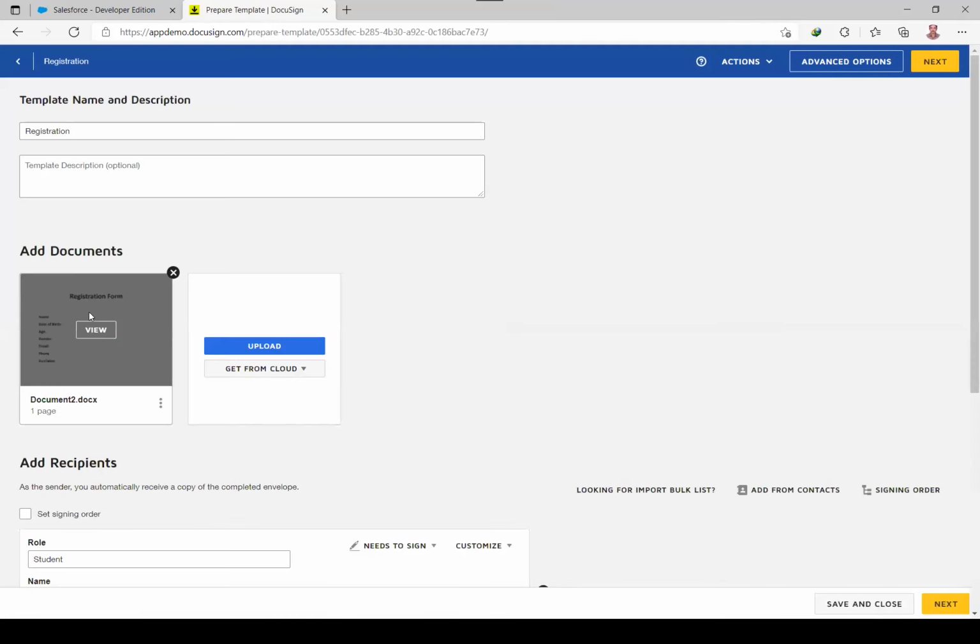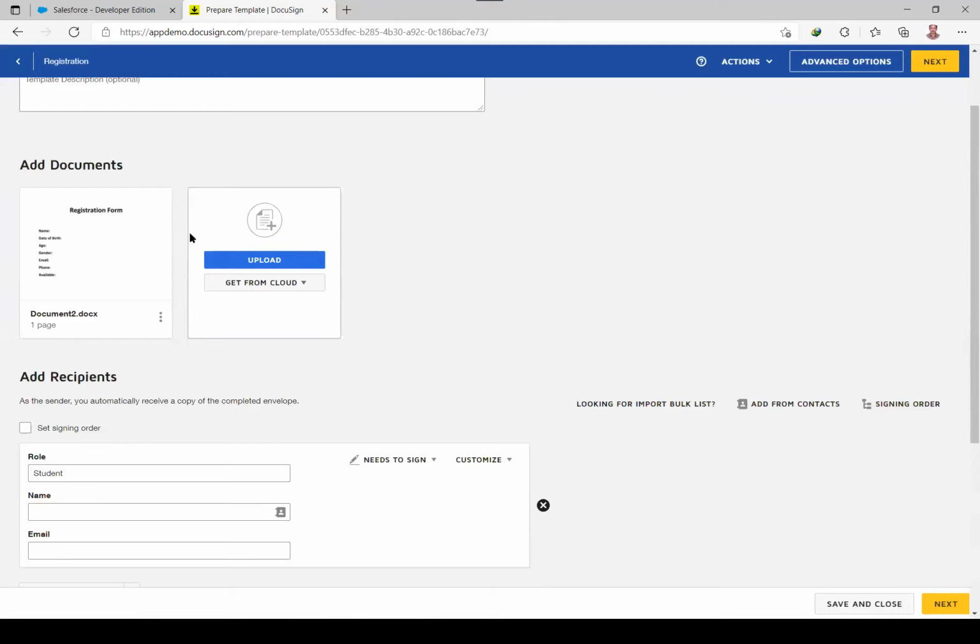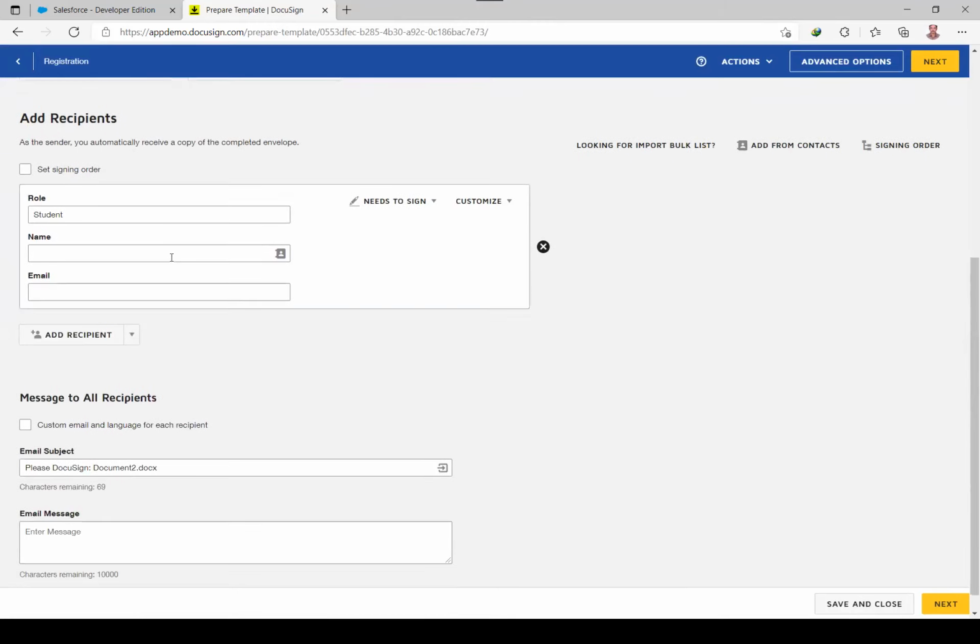Here it shows we can upload more than one document. Initially, I said a template can be related with multiple documents. Here we can upload many documents in a single template. And one more thing I said earlier, it's not user specific, it's a global one. So we need to make sure the name and email fields are blank for the template. Only if the name and email fields are blank can we use this template as a PowerForm.